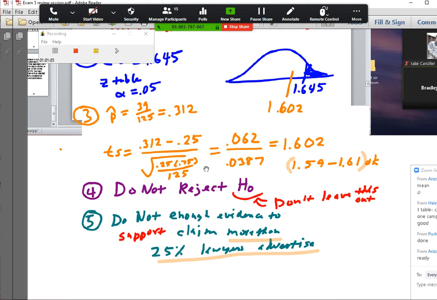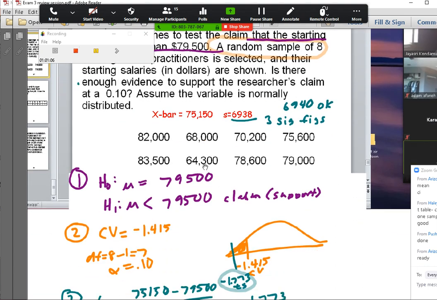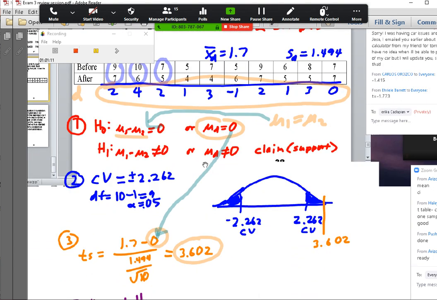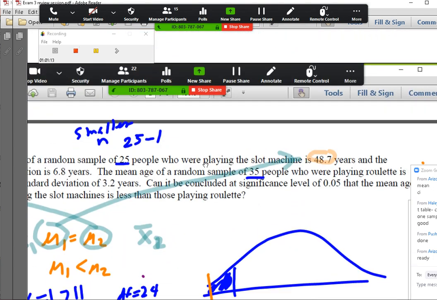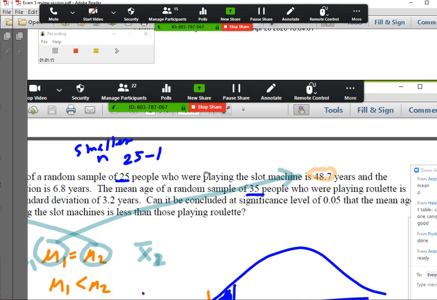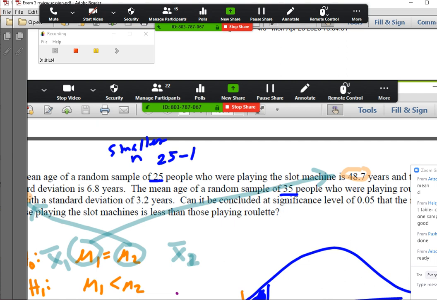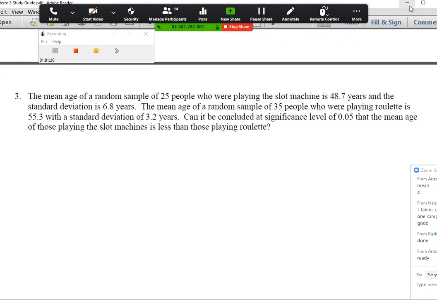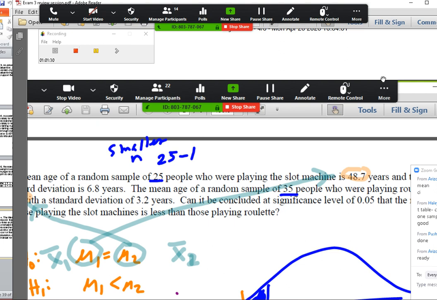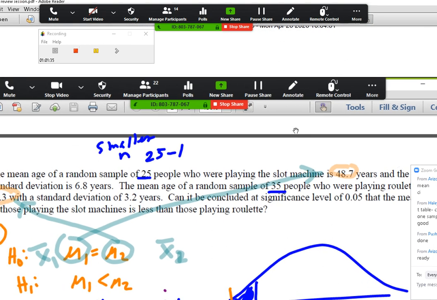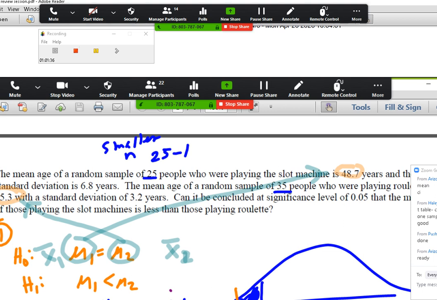The reason I pointed it out is that this problem is a two-sample independent. So here we have